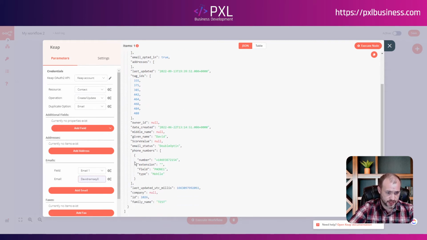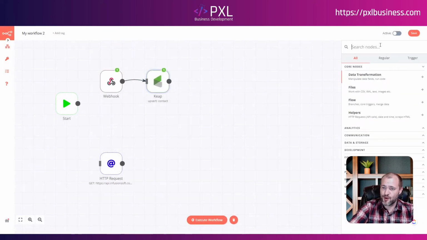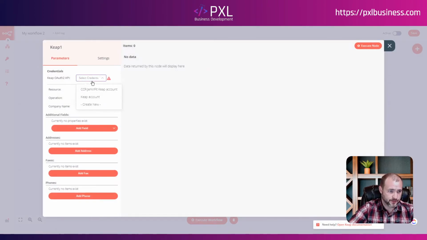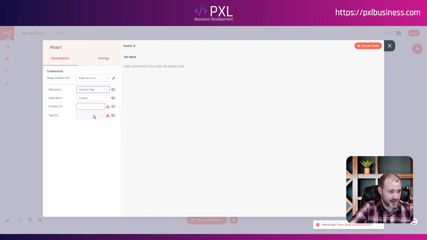Now you can see all this data here. Down at the bottom, there is an ID. This ID is the contact record ID in Infusionsoft, Keap, sorry. So we will use a second Keap node with the same credentials that we set up before, and now we can use contact tag, and we can create a tag or get all of that contact's tags. I will hit get all just to get all of the tags on this contact record,